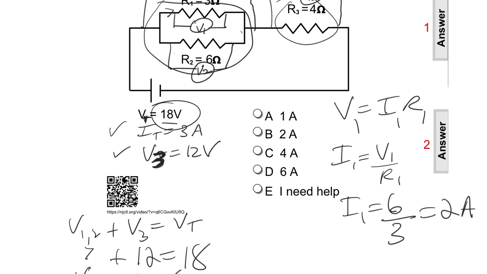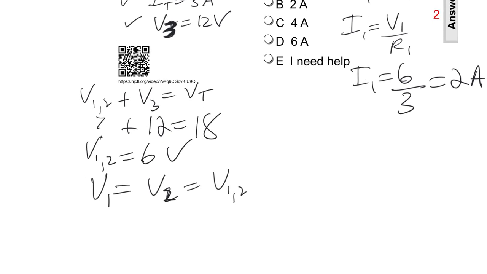Now, they're probably going to ask me what the current in R2 is. And that has to add up to the current in R1 to be the total current. I bet that's what they're going to ask me next. So, what if I ask you, what is I1? I'm sorry, I just found what I1 is. What if I ask you,